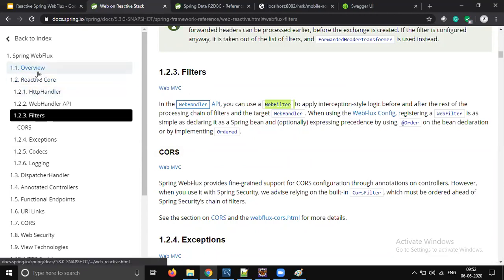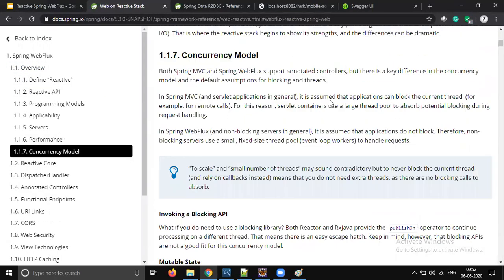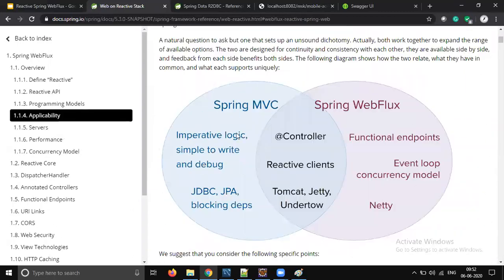So this diagram makes a lot of sense, right? It is very useful, okay, especially when you are going to start a Spring WebFlux program, and whenever a discussion happens. If there is a new project which we would like to build using Spring Boot microservices, then you should consider what to choose, MVC or WebFlux. So if it is pure MVC, no doubt it will work.